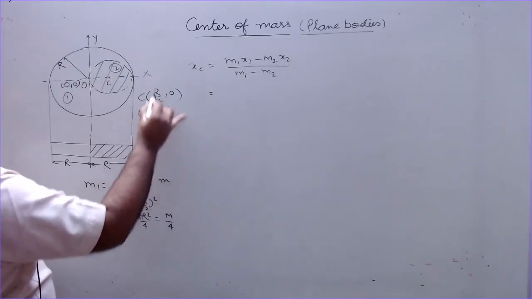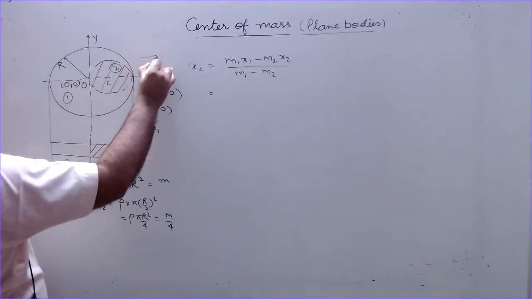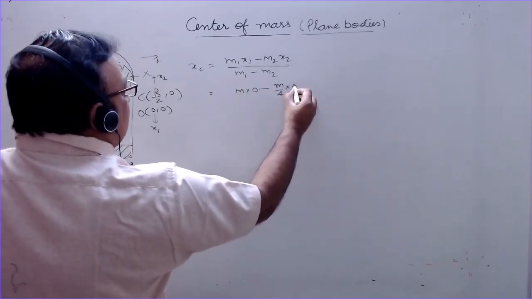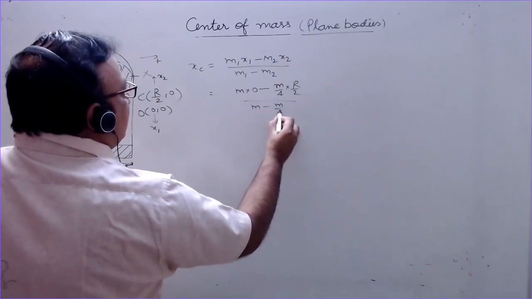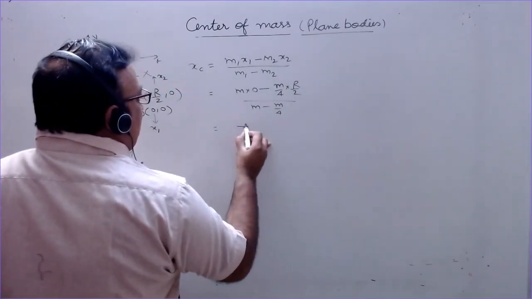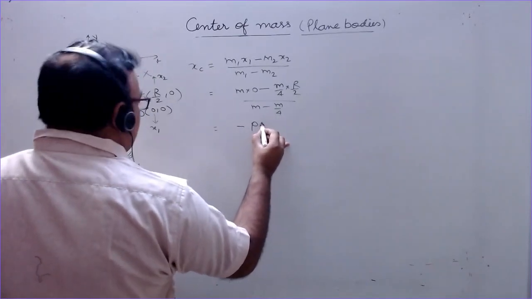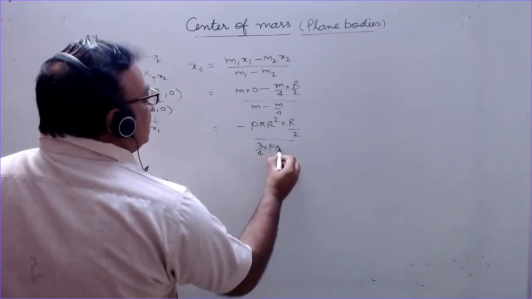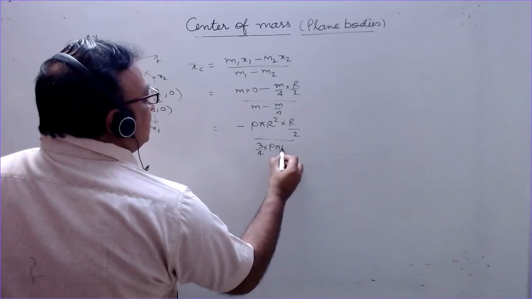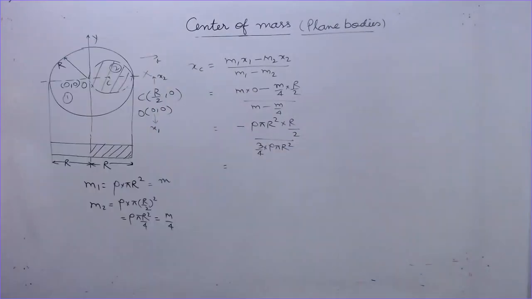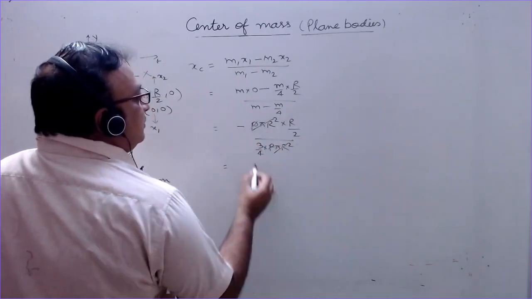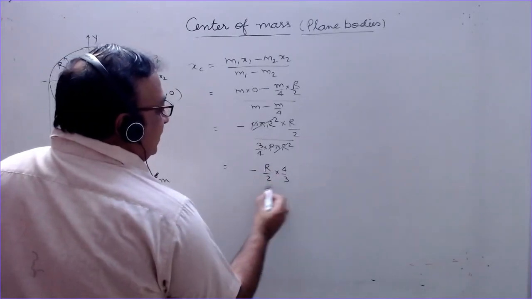x1 is 0 and x2 is r by 2. This is the positive side. So m1 is m into 0 minus m2 which is m by 4 into r by 2, divided by m minus m by 4. So minus, you can put the value of m, rho into pi r square into r by 2 upon 3 by 4 of m. Find the value of this. Rho pi r square will be cancelled. So minus r by 2 into 4 by 3 minus